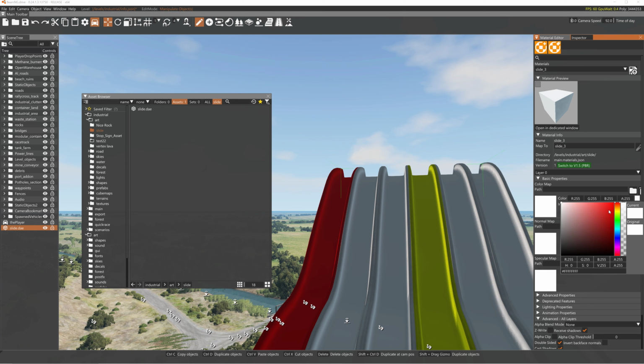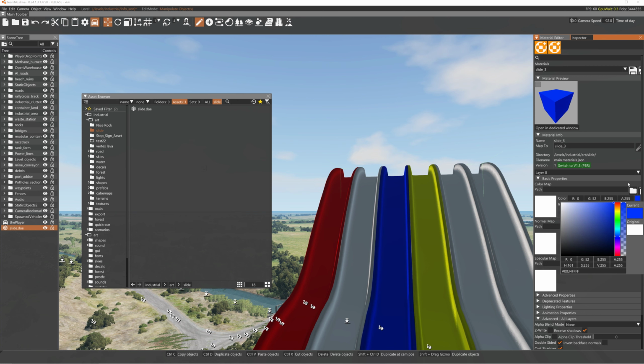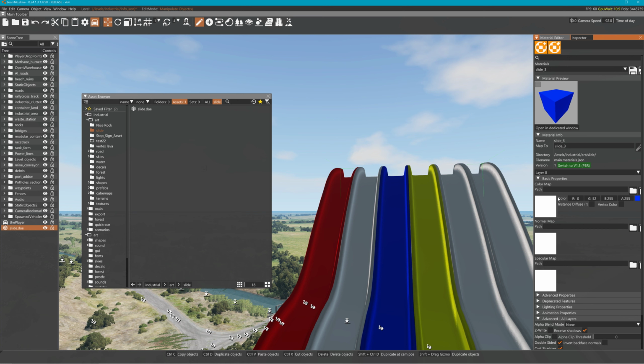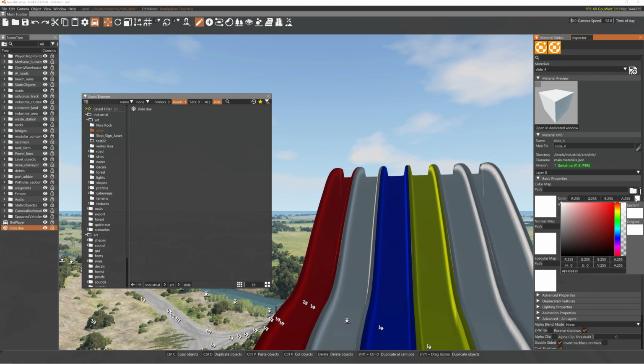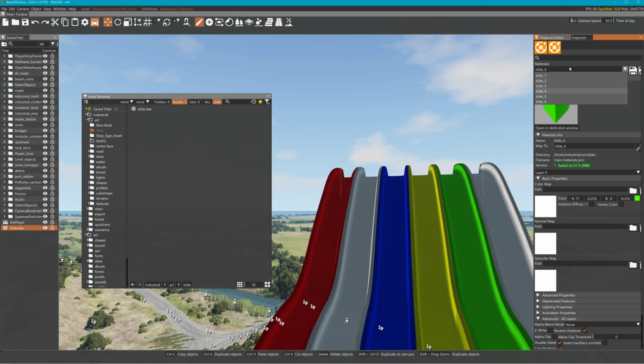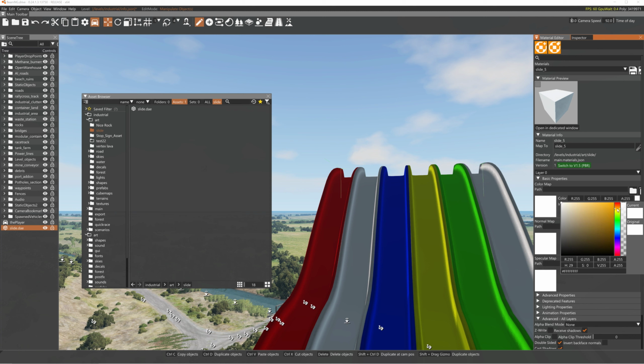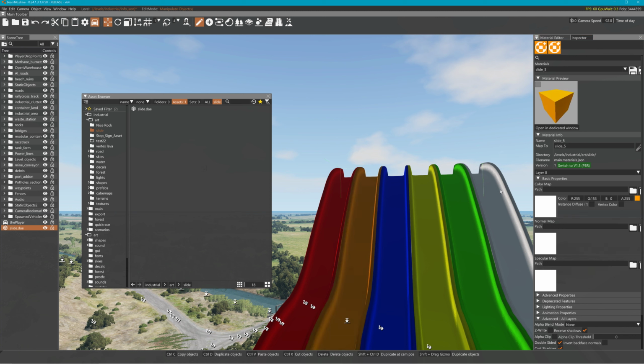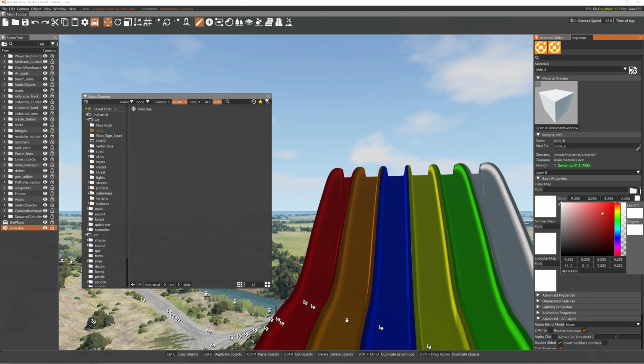They're kind of like all over the place. Number 4. Green. Orange. Oh, and number 6 will be pink, purple,